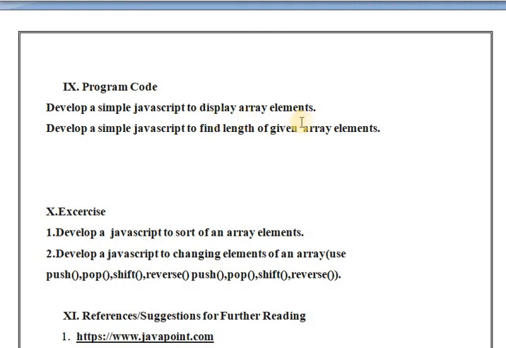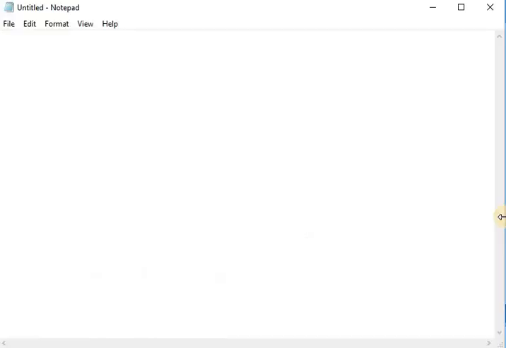First of all, to display the array elements, take a notepad file, and in that notepad I am writing first HTML, second the body tag, after that I am writing a script tag. In the script tag I am taking one variable which is named a, and here I am creating one array by using the new keyword, that is new Array, and here I am taking the size of that array as 3.